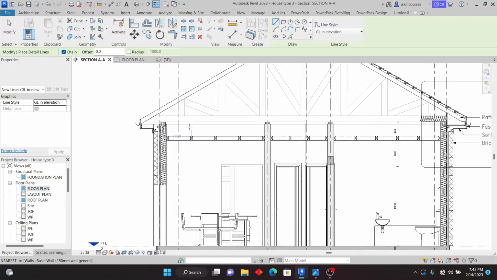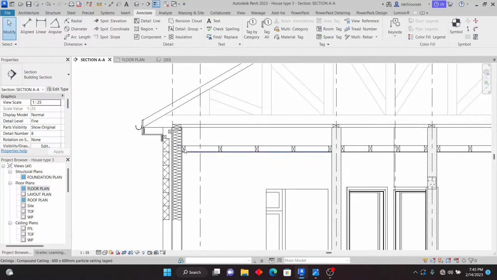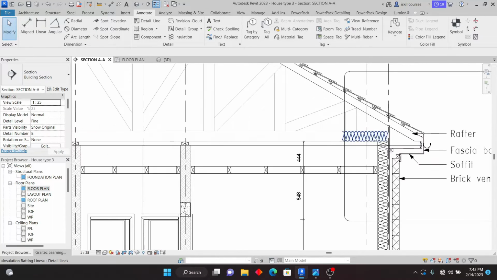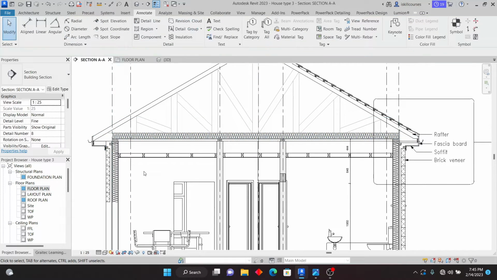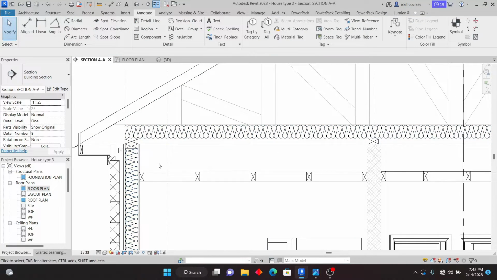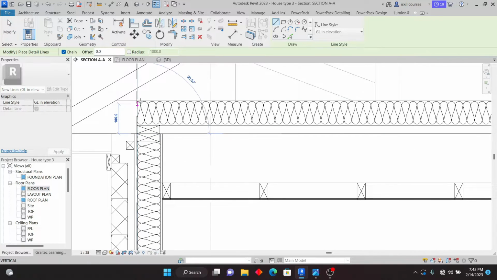Okay, so most of them are not modeled. You model what you are supposed to model and just place those details. Now you can see if I want to continue this one, for example, I can, since this one is the same, I can just continue it until it ends. I have it on top, as you can see, it's right there. So I can leave it there if I want. Then if I just want to put a line somewhere there, I can pick that line,